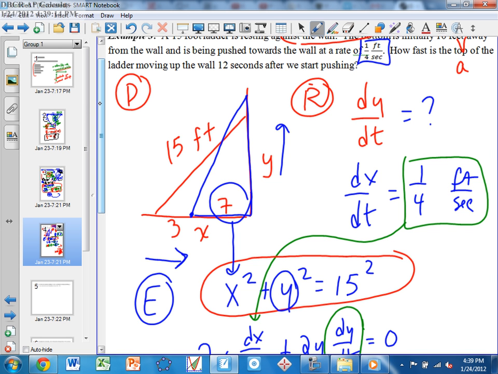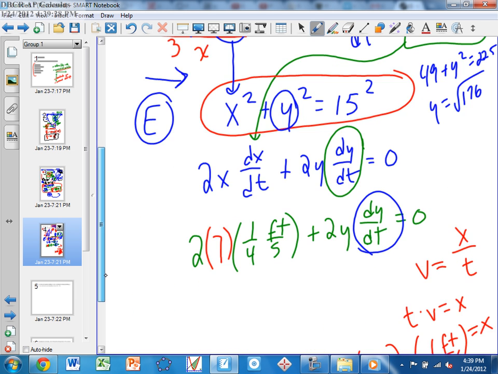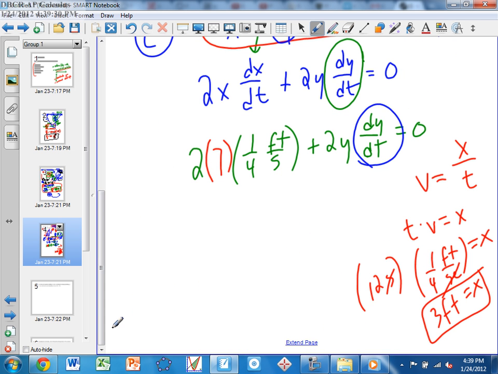So if you solve this for y, you're going to get 49 plus y squared equals 225. So y equals the square root of 176. As a number, I don't even know what that turns out to be. I'm just going to leave it like that. It's around 13, okay? Because 13 squared is 169, maybe 13.2. So here, we're looking at